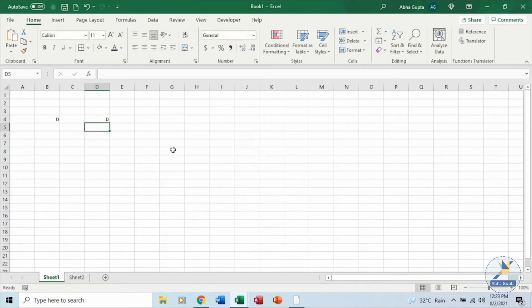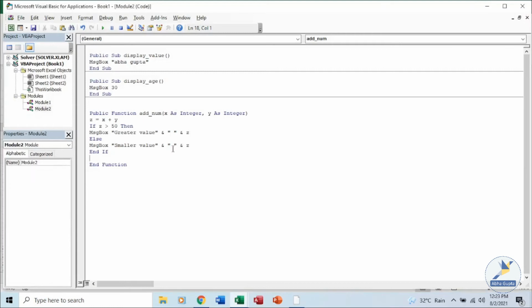Let's go back to our editor over here. Similarly, you can check for do while also. You can use the do while loop to check for a condition, and if the condition is being satisfied, you can perform that task n number of times using the do while loop. Now here let's talk about something else.